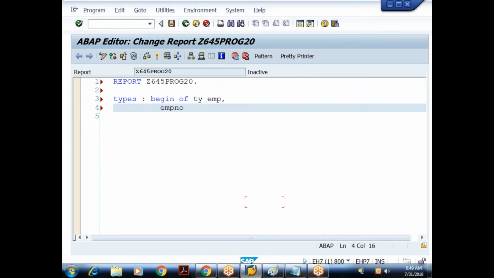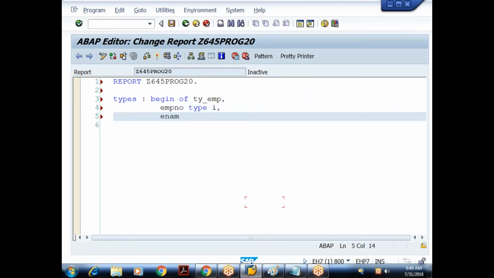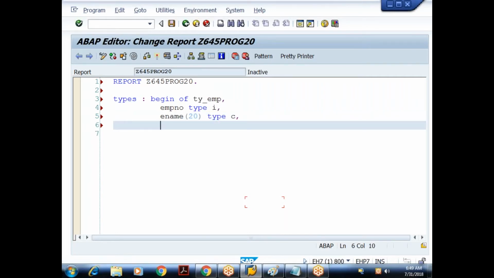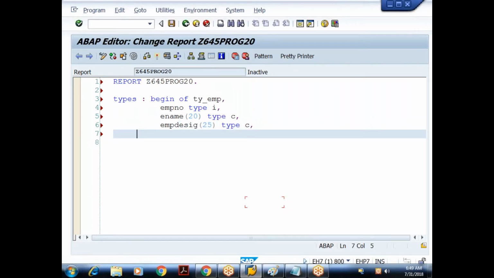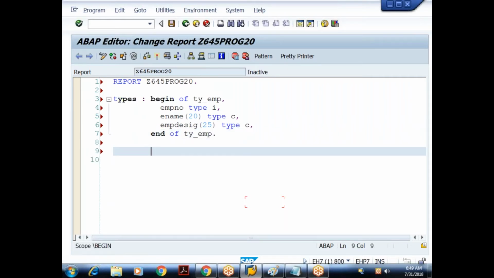I'll take the same three fields: employee number type I, employee name of 20 type C. I'll declare another field employee designation of 25 type C, and then end of ty_emp. Right, so I created the types declaration.